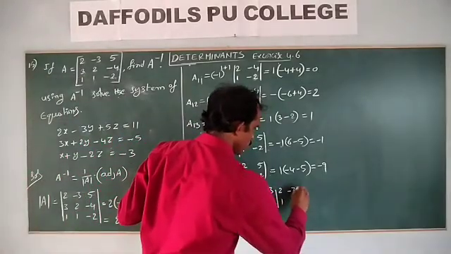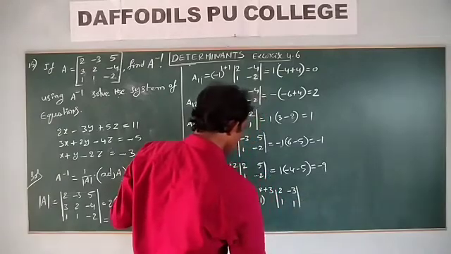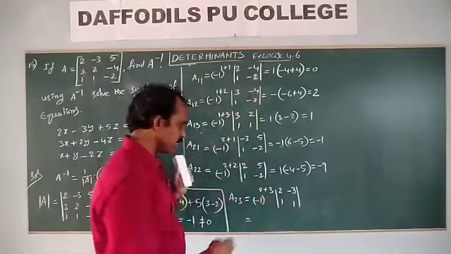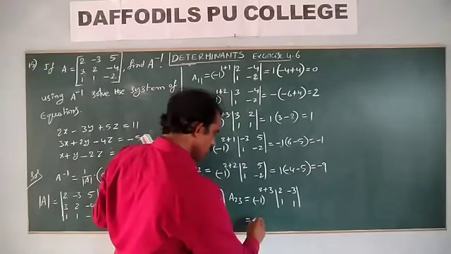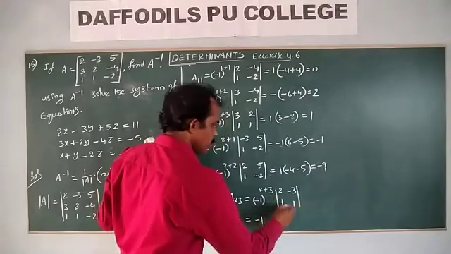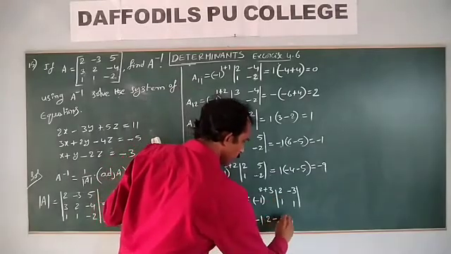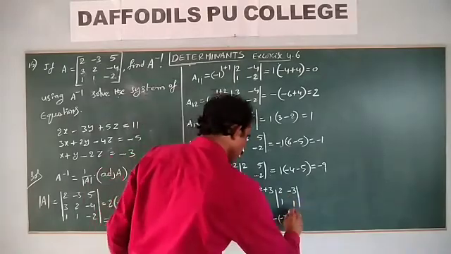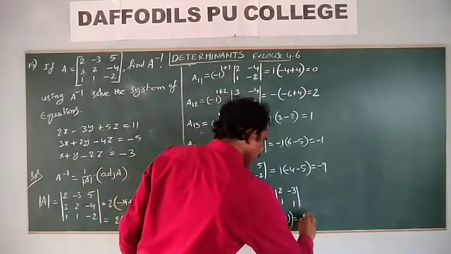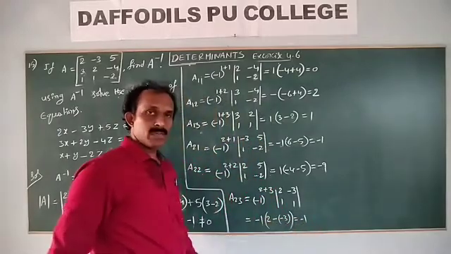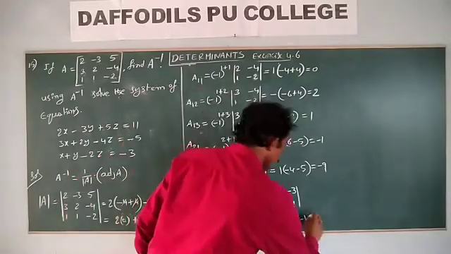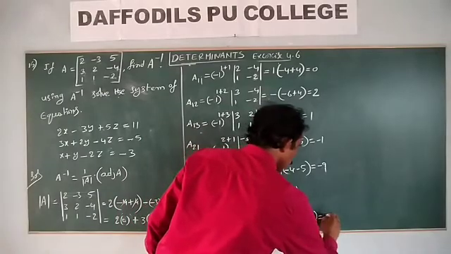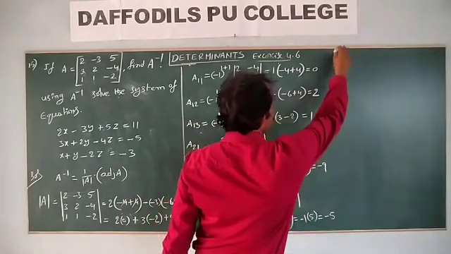2 minus 3, 1, 1. This is equal to minus 1 to the power of 2 plus 3. Odd number, so that is minus 1. 2 minus of minus 3, and again there minus 3 is there. Therefore, minus 1. 2 minus into minus plus. 2 plus 3, 5. So this value is equal to minus 5.